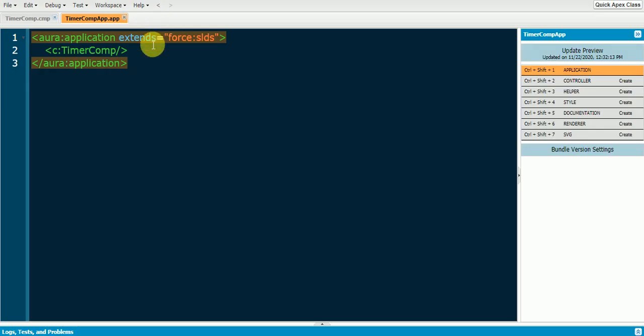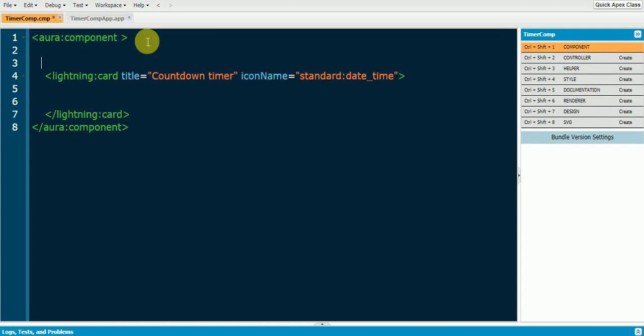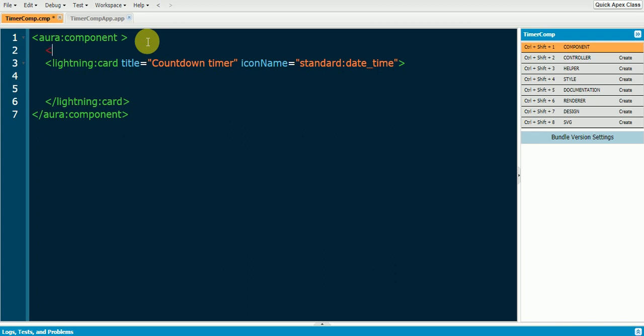So after adding the lightning card, I'm gonna create three attributes here. My first attribute is minutes. And the type is of integer.